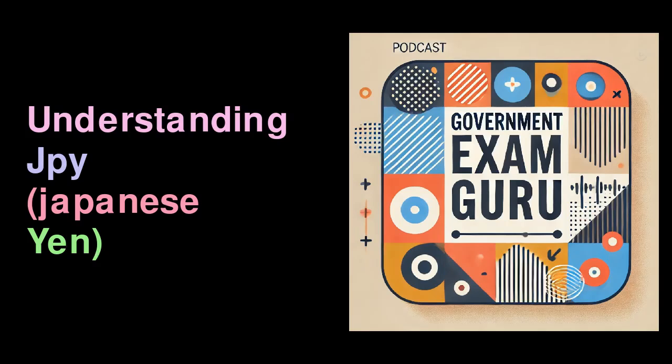Understanding JPY, Japanese Yen. Introduction to the Japanese Yen. JPY is the abbreviation for the Japanese yen, which is the official currency of Japan. The yen is commonly represented by the symbol ¥. It was first introduced in the 19th century and remains a vital component of the global economy today. As it is the third most traded currency in the world, the yen plays a crucial role in international trade